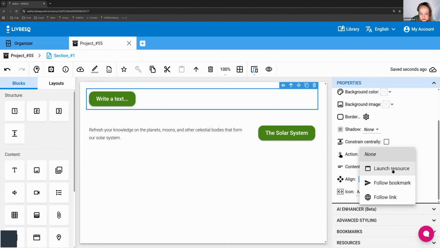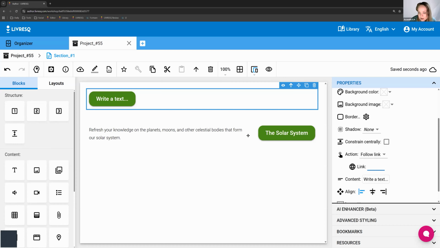Launching a resource means that a pop-up will come up and I'll be able to see and interact with that resource that I've previously created. I can follow a bookmark, which means I can send my learner to another part of the course, or follow a link. And we're going to start with that because this is the easiest to understand and to see the results of. So if I click on follow a link,